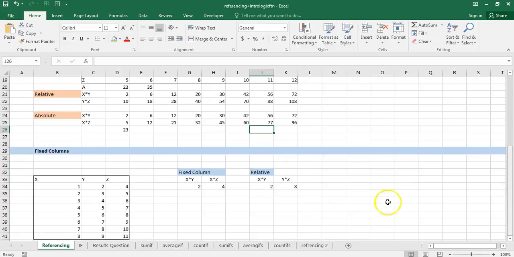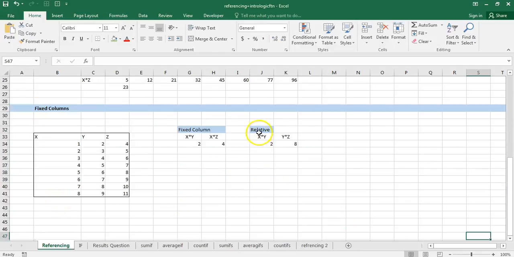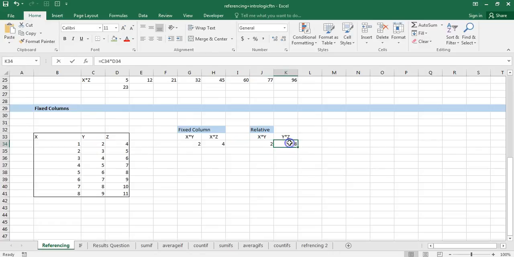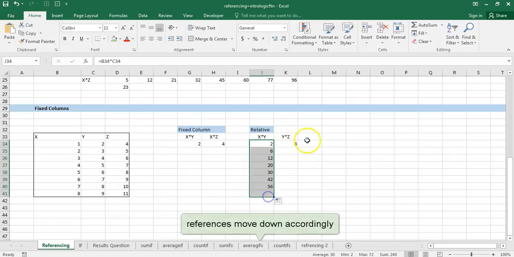Now the last part for this lecture is the fixed columns. Now for relative referencing, we are multiplying X with Y and then Y with Z. You can see this over here. I have multiplied X with cell Y, and when I drag it to my right, I will get Y multiplied with Z. This is when you are doing relative referencing. And when I drag these sequences down,